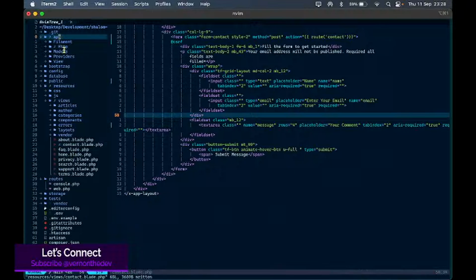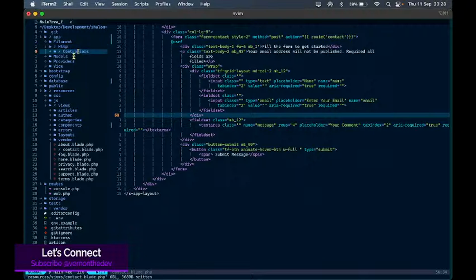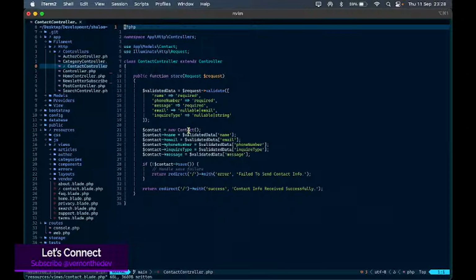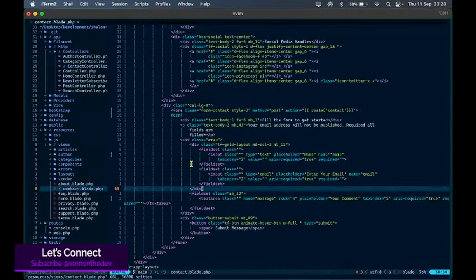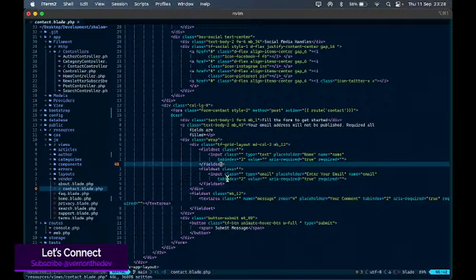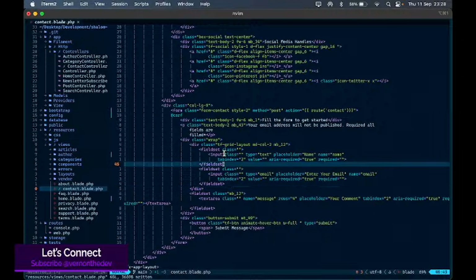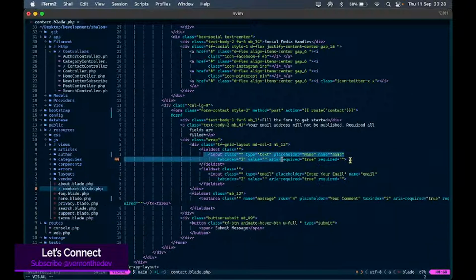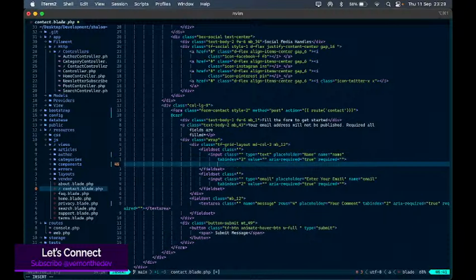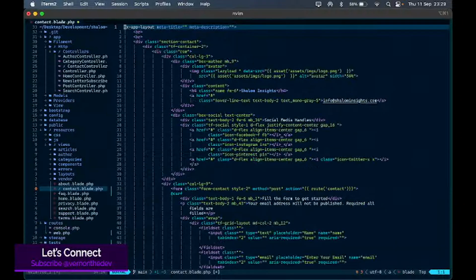My controller is expecting a name, a phone number, then an inquiry type too. So we can add those within my blade. This was the div that has all those in the layout, then do I need to put them in a field set? I can use the very first one. So I can yank these, then I can